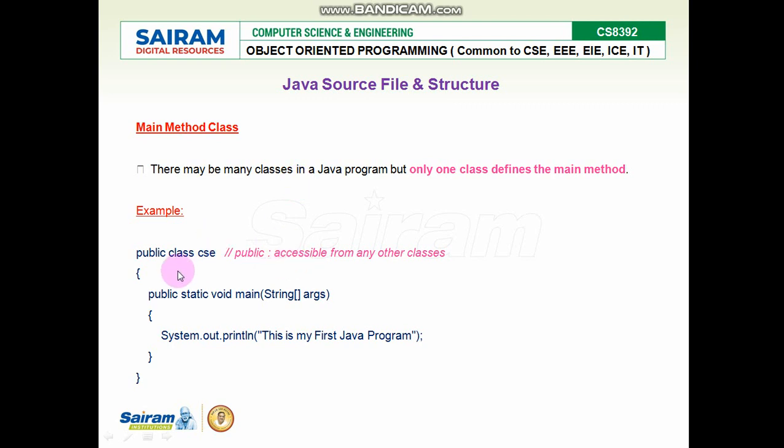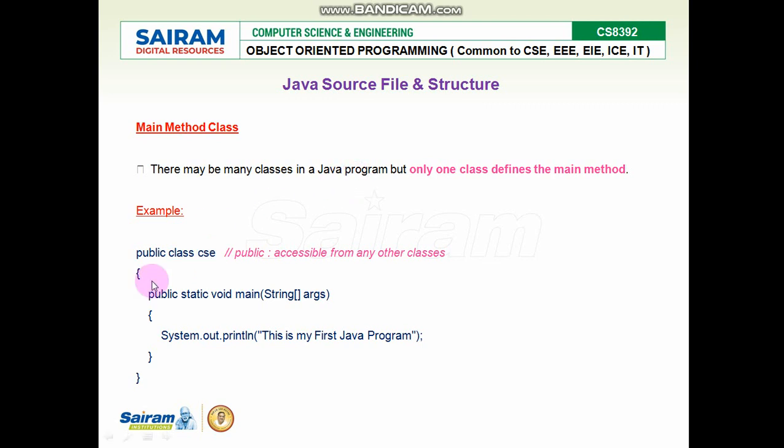That main method should be declared in a public class, with the public access specifier, which is accessible to all outside components. Public class name CSE, so that this class can be accessed outside the class or by any other classes.